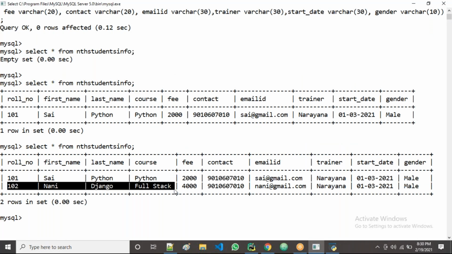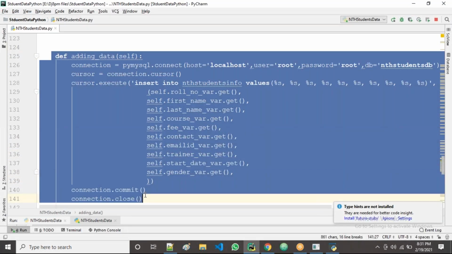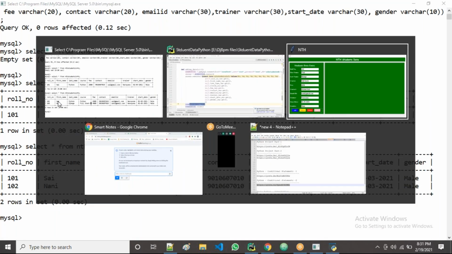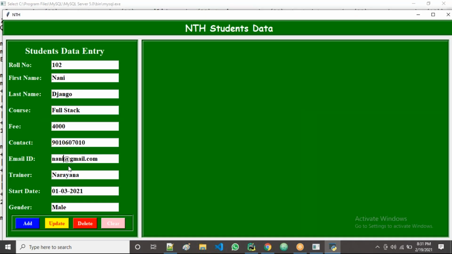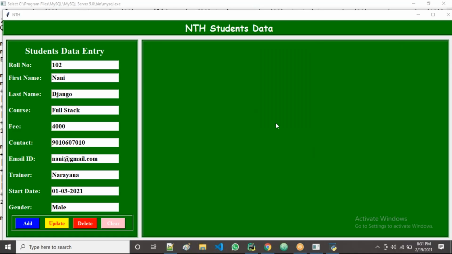Yes, guys. Now all of you observe. Now what happened here? This method executing perfectly. But see, once data is committed, means once data is saved in the database, then what do I want now? I want to clear this data, guys. Okay, yes, that we see in the next class. How to clear this data, how to display data in table format. All this we see in the next class, guys.